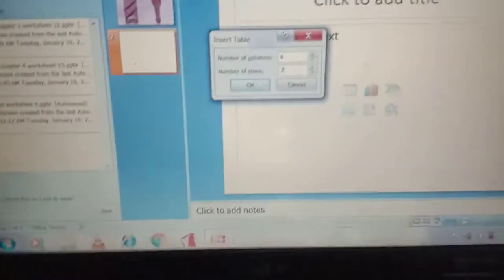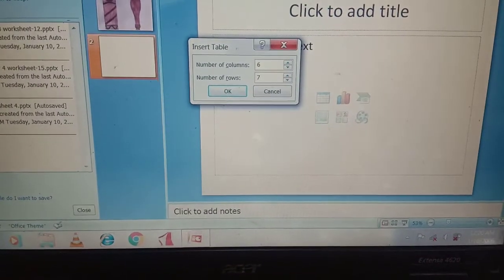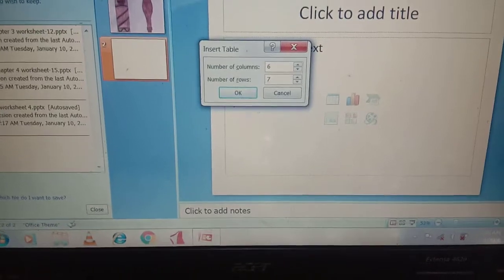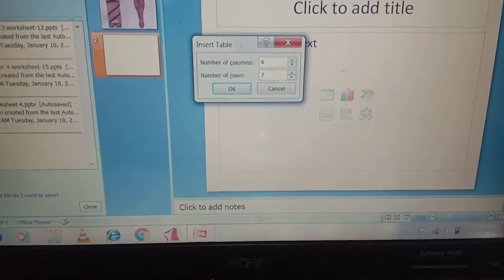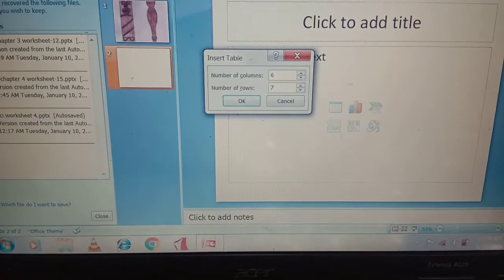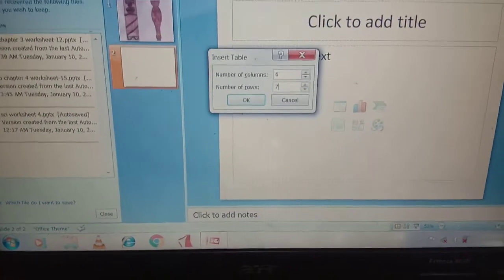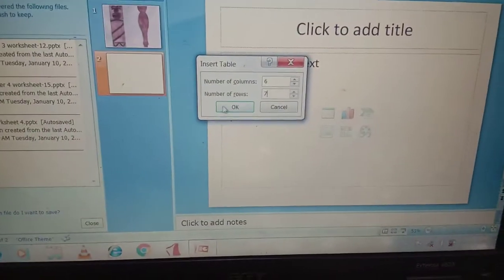So I filled the number of columns and rows in this dialog box. This is the Insert Table dialog box that comes after clicking on Insert Table from the Insert tab option. Is it clear? Now I will click on the OK button.